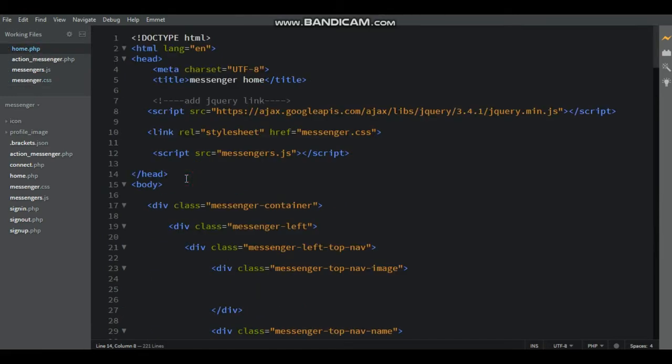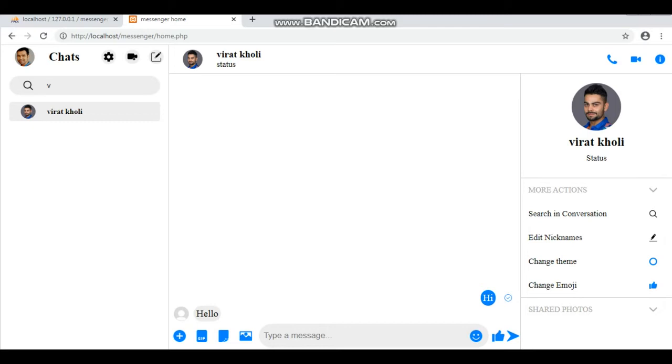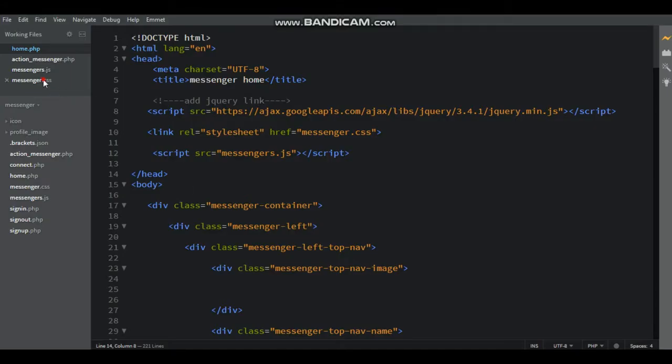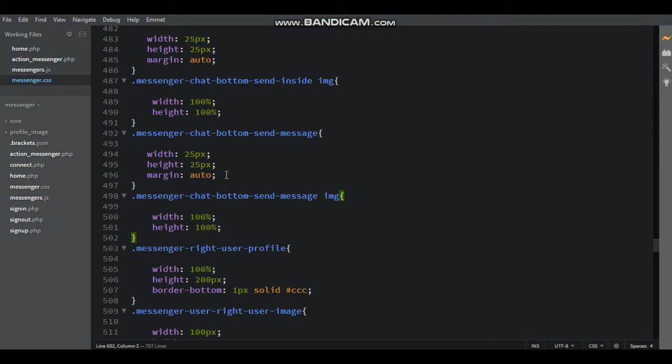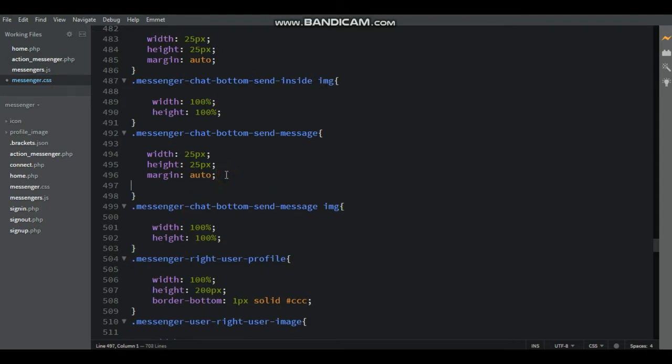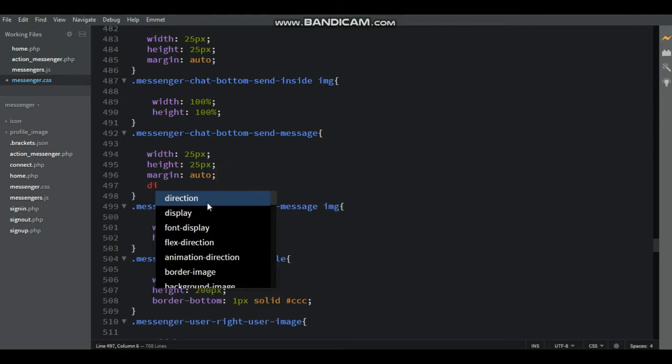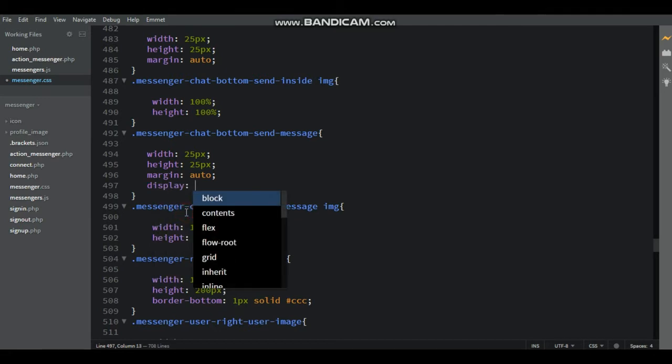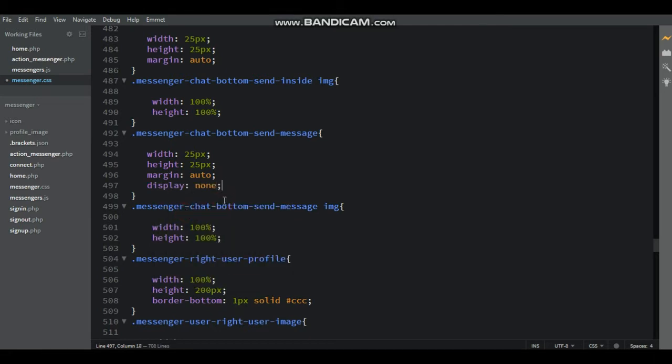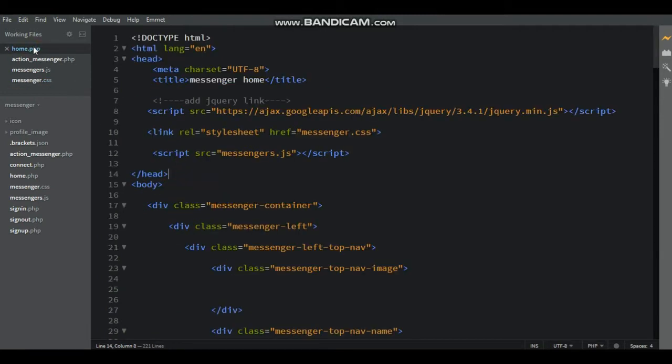Now save the file and then refresh the browser. Here shows send icon. Now hide this icon, that is send icon. Here display none. Now save the file home.php and then refresh the browser.